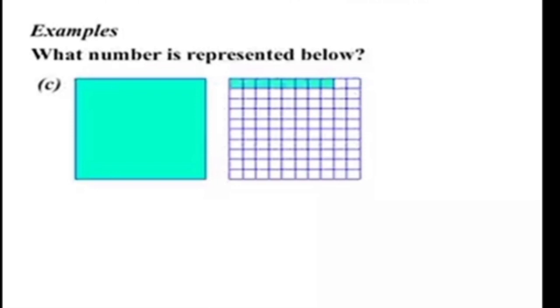See, there is 1 whole and the fraction is how many? 8 by 100. How can we convert it into a decimal fraction? 1 whole we will write 1, then decimal, and the fractional number we will convert into decimal. 8 by 100, that means 0, 8. 100 has 2 zeros, that means after the decimal there will be 2 digits.